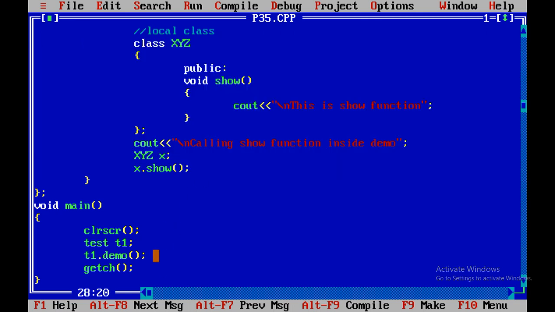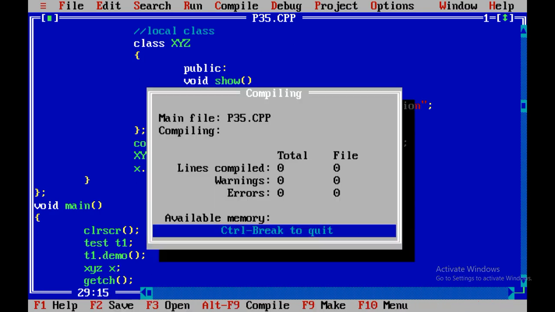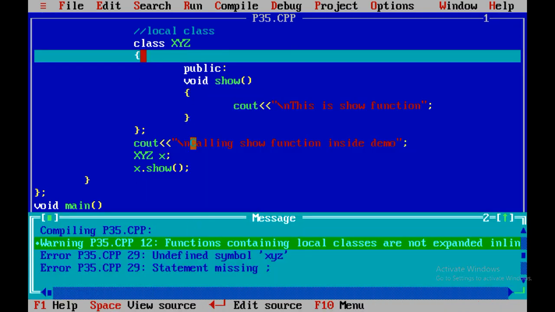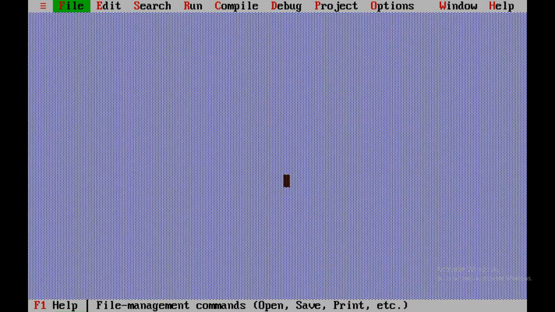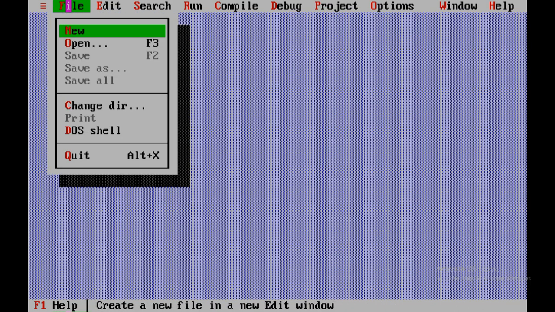That means I cannot create object of xyz class over here. Why? Because the void main does not know about the xyz class, because it is declared inside demo class. So this is the difference between local class and nested classes.